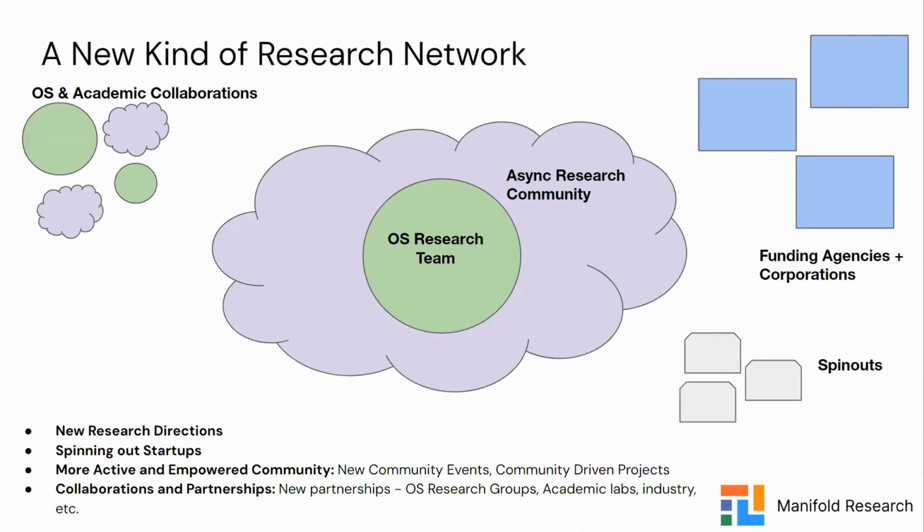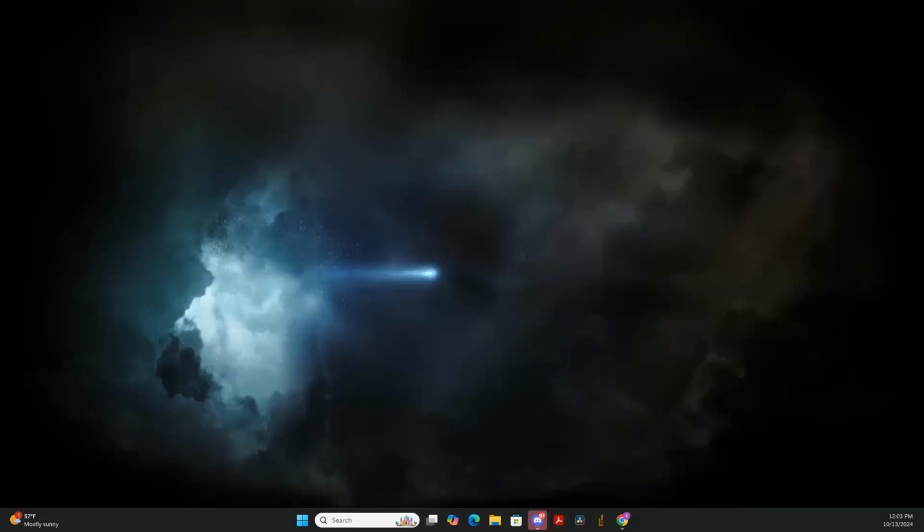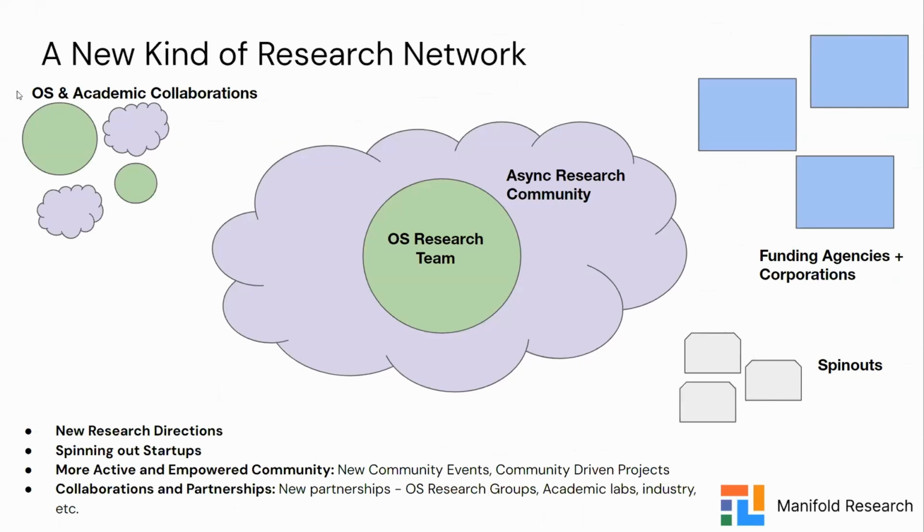And then we also have a core team of really talented researchers and research engineers focused on advancing several thesis-driven projects, many of which you're going to hear about today. And we call that the OS research team, and we also have an operations team. And the way that we are trying to advance research is to be as opportunistic as possible. So I think we lost the slides. Yep, there we go. Perfect.